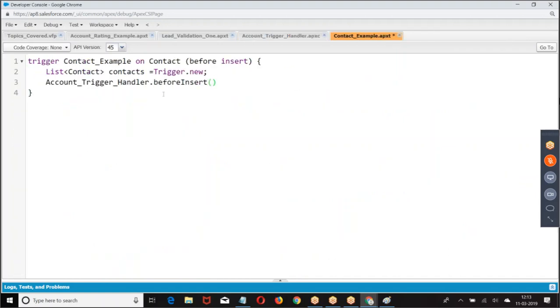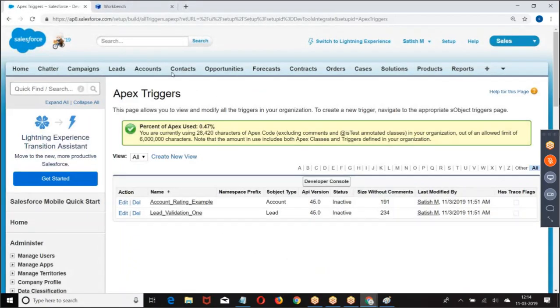What is it expecting? A list of contacts. I passed this list of contacts. Now what happened? Instead of writing the logic within the trigger, we are defining the logic in the Apex class. We are calling that class with a method name. For this method, what do you have to pass? The list of new contacts which you are inserting. If you pass it, the logic is going to be executed. I hope you are good with this. Okay. Now go back.